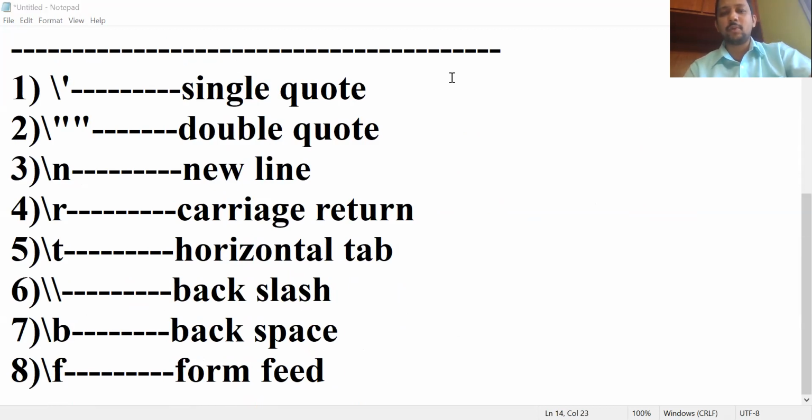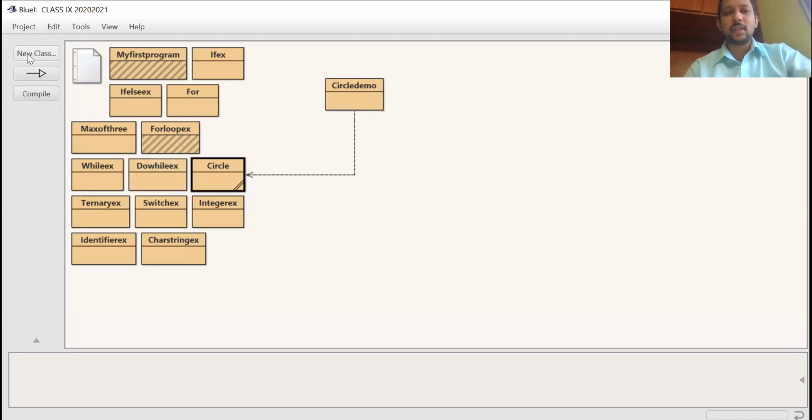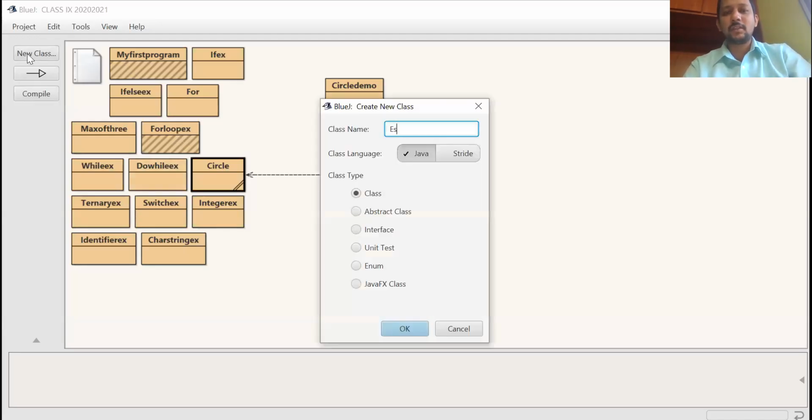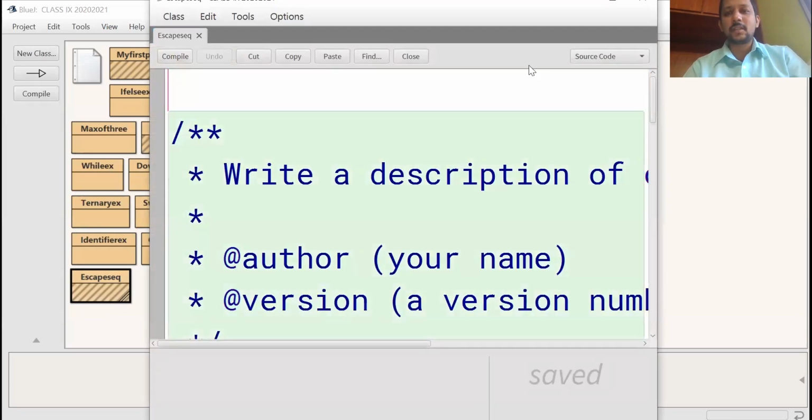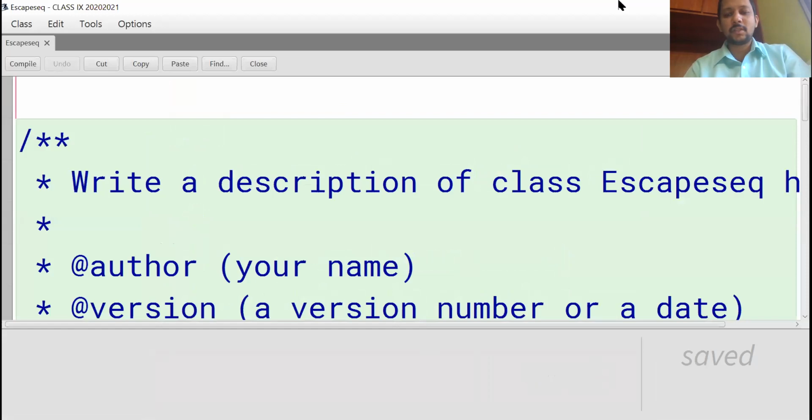Now open your BlueJ, take a new class named escape sequences, and maximize.